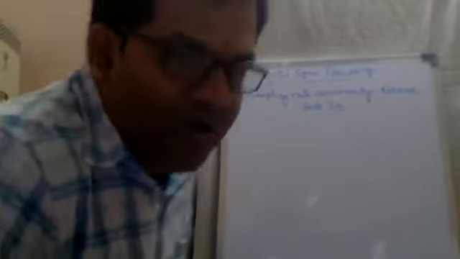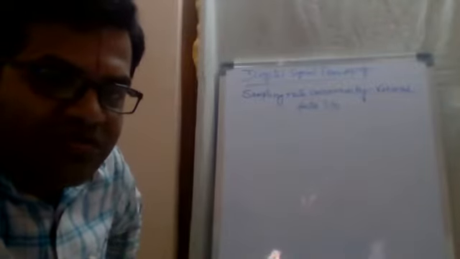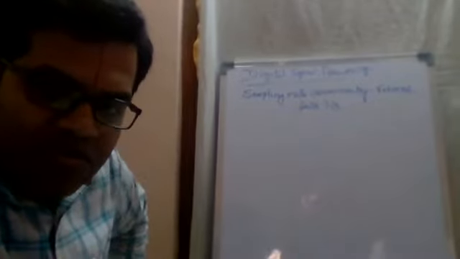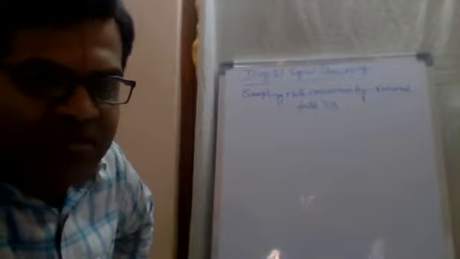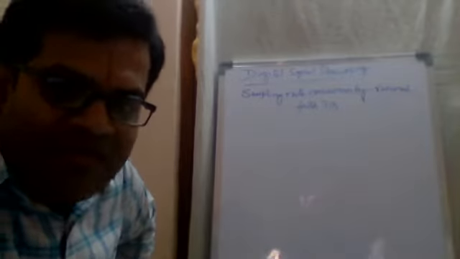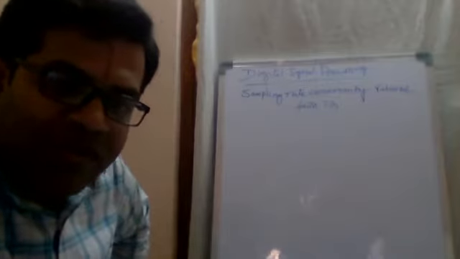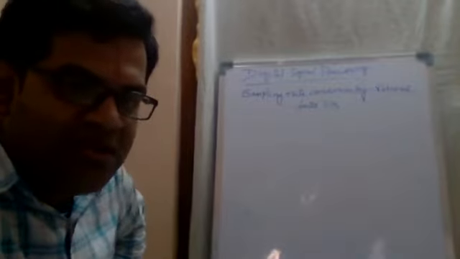Right. So now what exactly is this I by D? Why do we need to go for sampling rate conversion with a rational factor? It is not always possible to go with integer values. So we need to go for fractional values. So we have to go with I by D sampling rate. So why do we say it is I by D sampling rate? Why is it not D by I sampling rate? We'll discuss and give a conclusion on why it is I by D but not D by I.